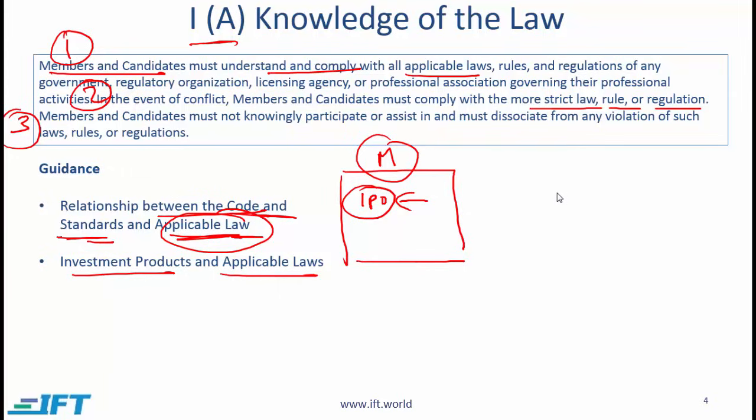The simple high-level summary is that when in doubt, follow the strictest interpretation. But let us consider different scenarios. And the way Exhibit 1 is structured, and I'll just summarize this for you, we might have three kinds of countries. NS, which refers to a country with no securities laws or regulations.